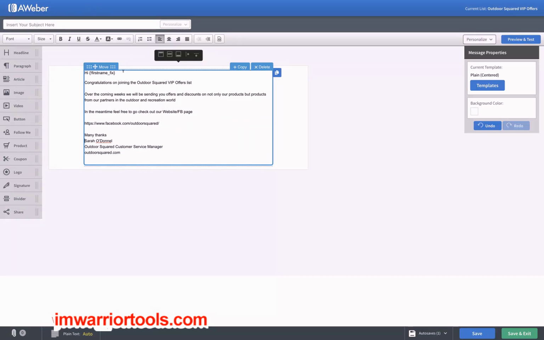So you can see I've left the "Hi first name fix" in there. Congratulations on joining the Outdoor Squared VIP offers list. Over the coming weeks we'll be sending you offers and discounts on not only our products but products from our partners in the outdoor and recreation world. In the meantime, feel free to go and check out our website, Facebook page, whichever you want to send them to. So I've actually used the Facebook page and I've just changed it to Facebook page,